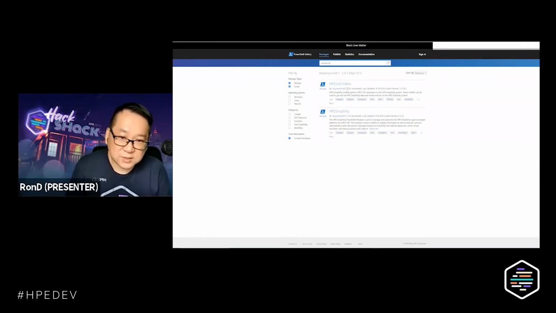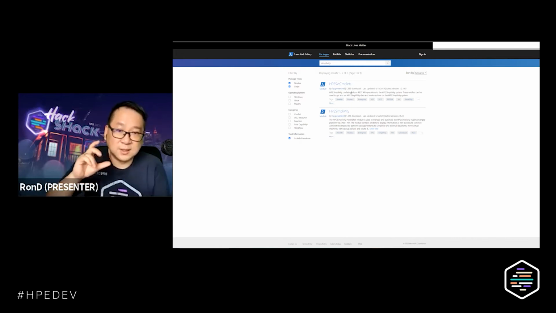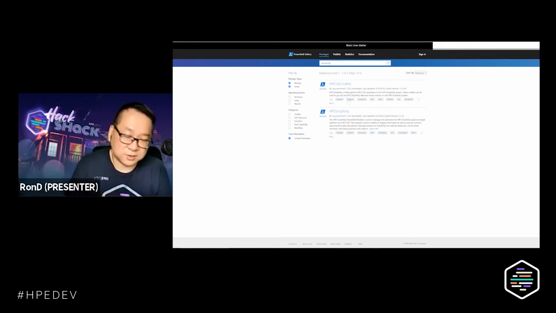The first one, the HPE SVT commandlets, allows you to perform operations to obtain the SSL certificate that SimpliVity requires for operations with vCenters. So if you want to swap your vCenter with SimpliVity, you can use this PowerShell module to perform that operation.